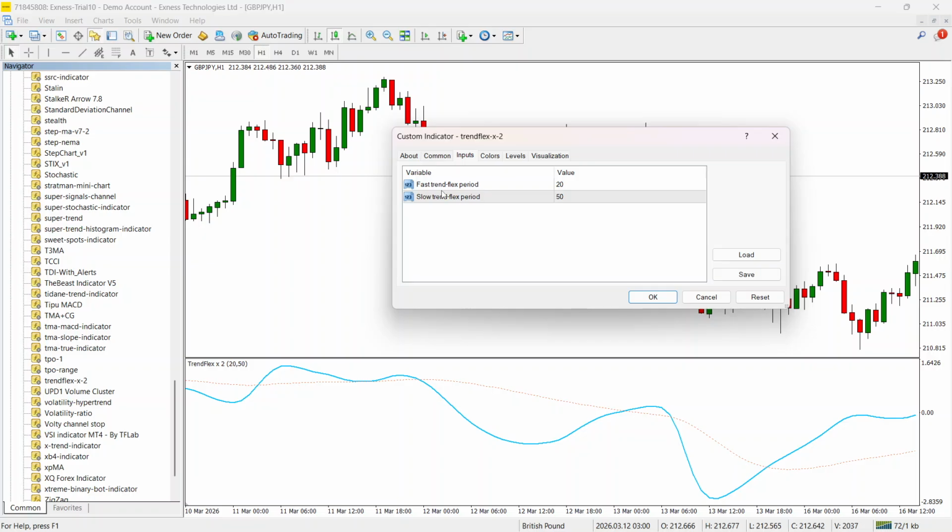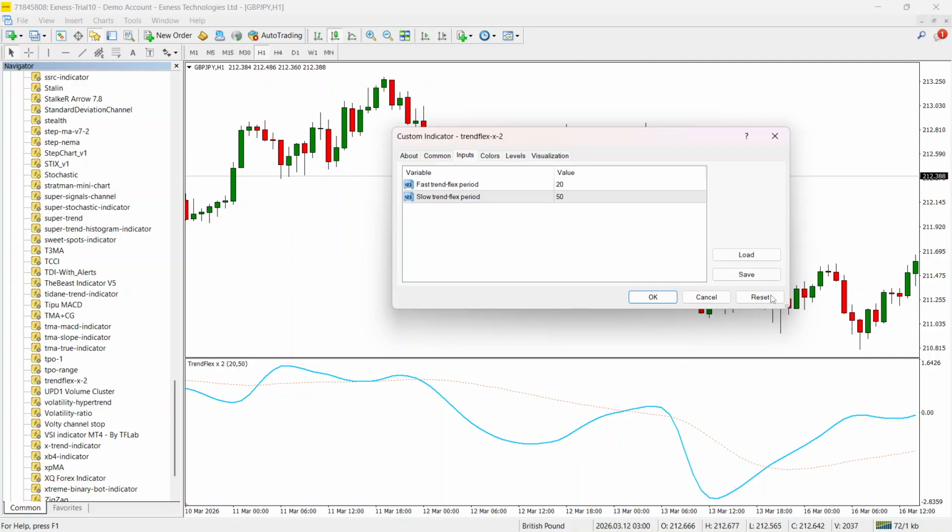The main settings are the fast trend flex period for our blue line and slow trend flex period for our dotted orange line. The fast period controls how quickly the thick line responds to new price movements, making it more sensitive to short-term fluctuations. Meanwhile, the slow trend flex period controls the dotted line, smoothing it more heavily so it reflects the broader